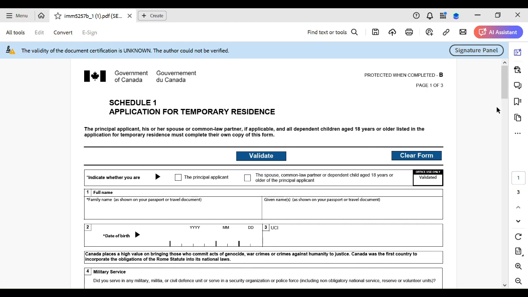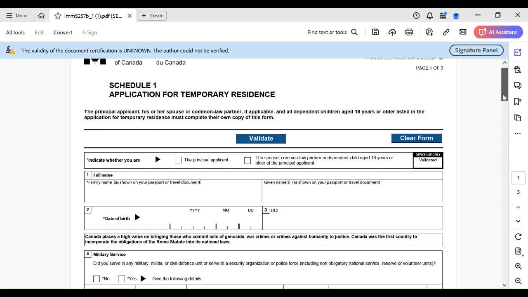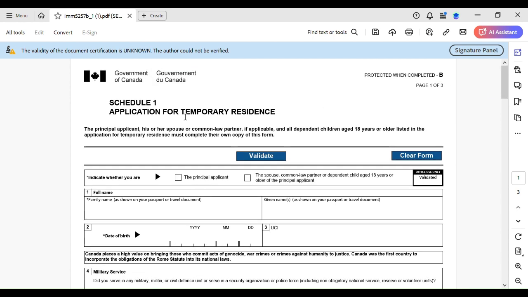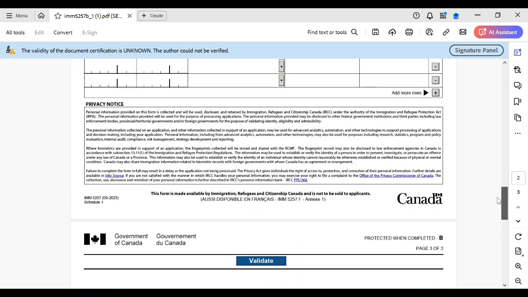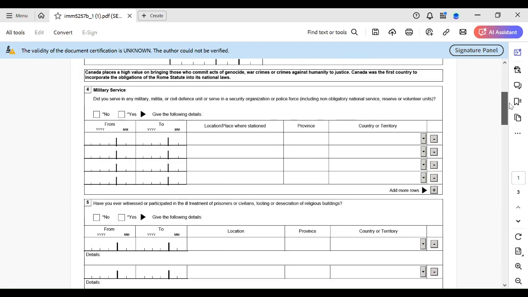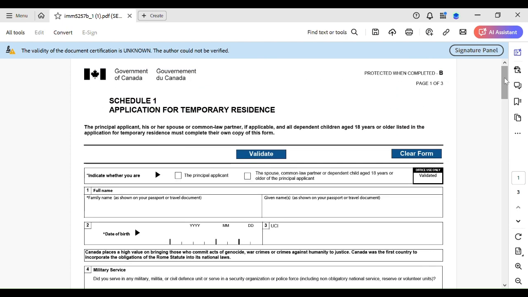After opening this file, this is Schedule 1, and whether you should upload this file. You must upload it. I would insist that you must upload this file because I will show you, this is a pretty little form. This is just a little file. It is nothing. It's as easy as water. So why don't you fill it out? Because